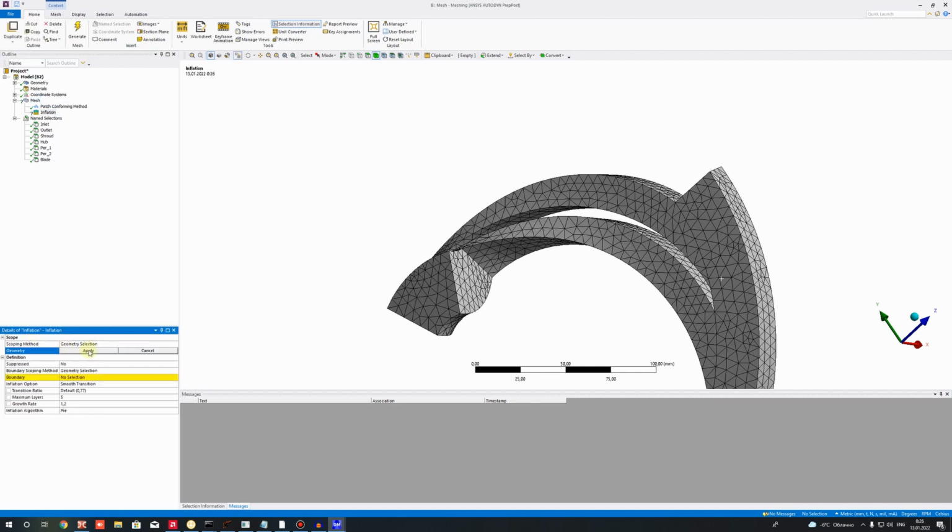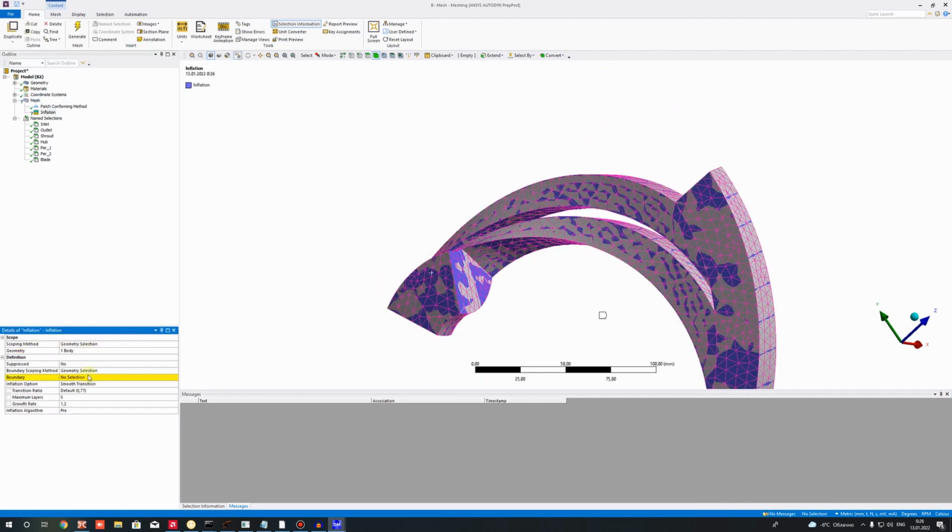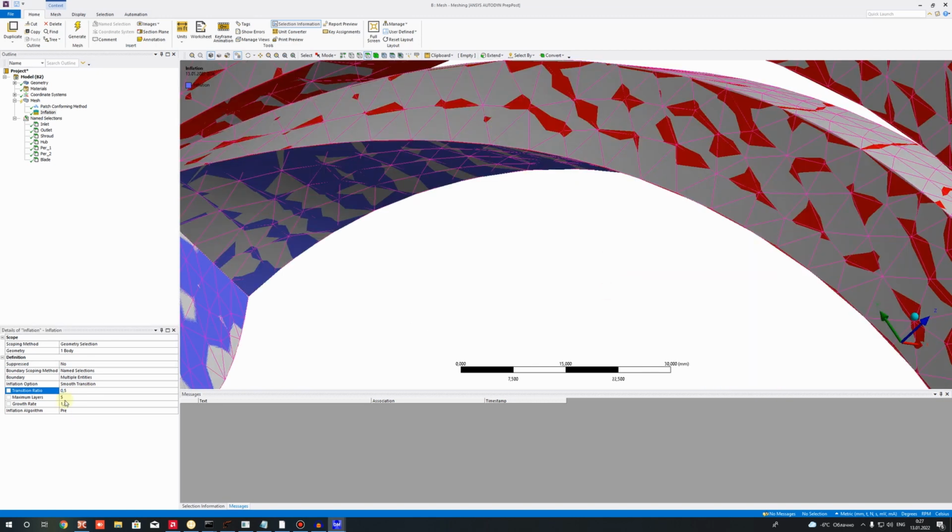So let's choose this body, and let's choose, for example, blade, shroud, and hub. Let's set this coefficient of layers 0.5. It will be the half of global element length thickness, and let's set up, for example, 5 prismatic layers, number of layers,